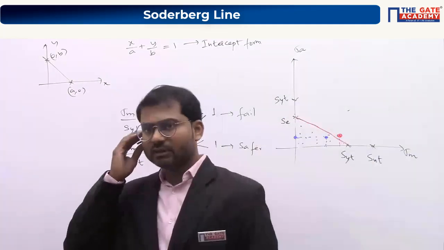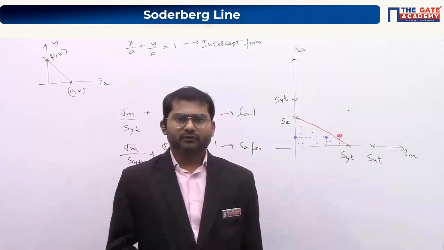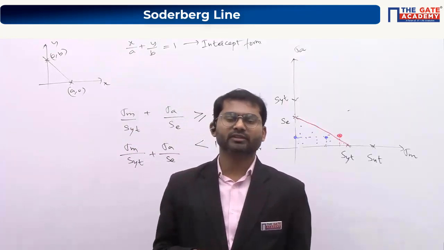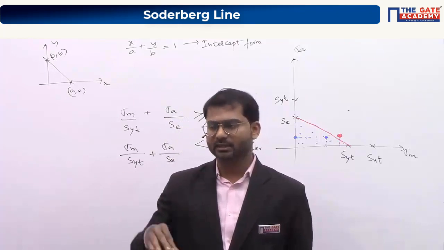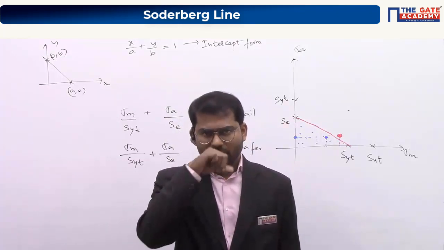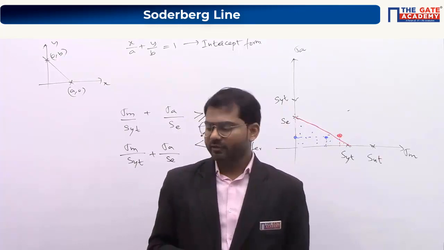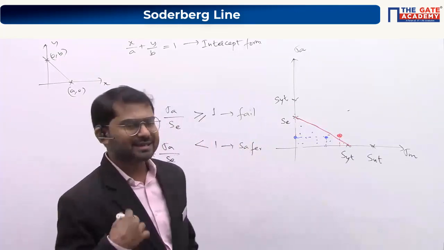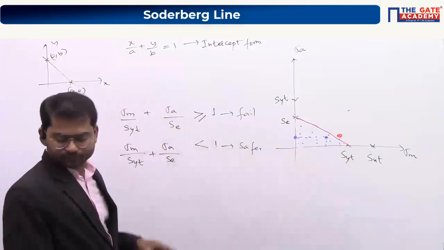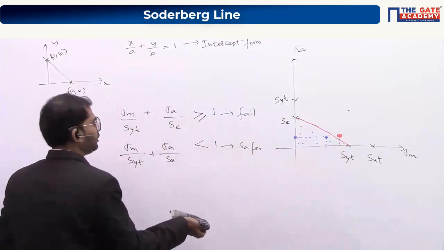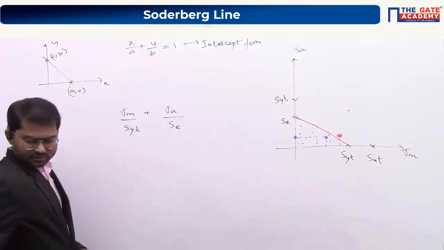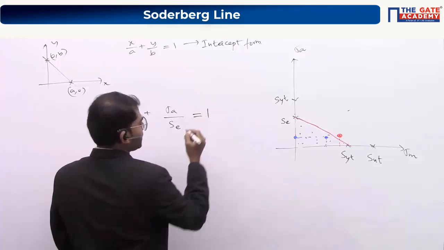Everyone, please pay attention here. We are just doing the last step for the Soderberg line and then we'll go ahead with the next line. The remaining lines are very similar to this Soderberg line, so there is nothing extra to learn from there. Everybody look here. When we are designing with respect to the strengths of the material, the formula will come like this. Mostly we will be concerned with the critical condition itself, that is, taking it equal to 1 itself.